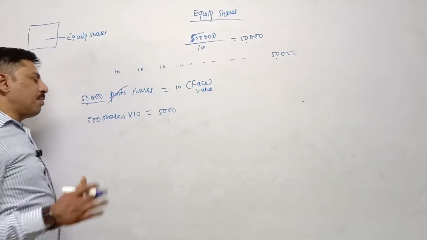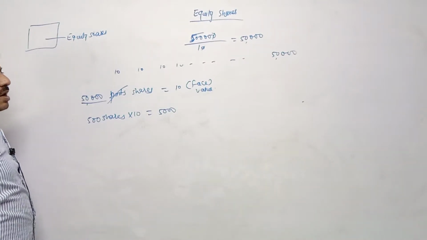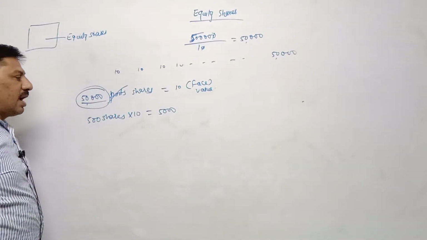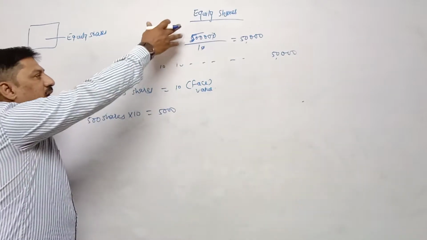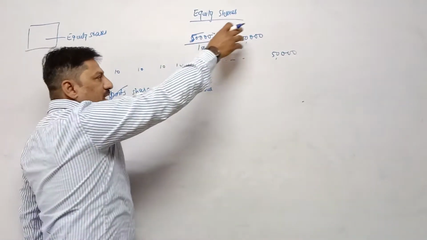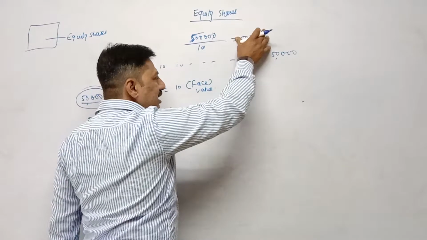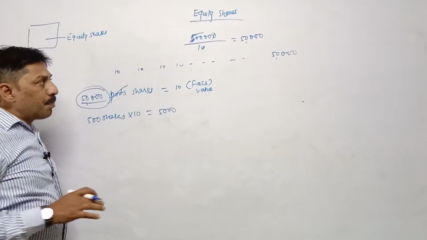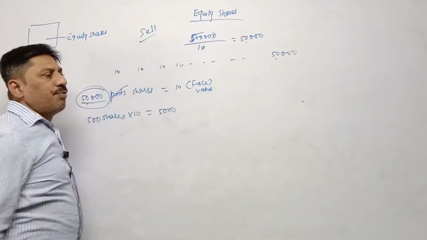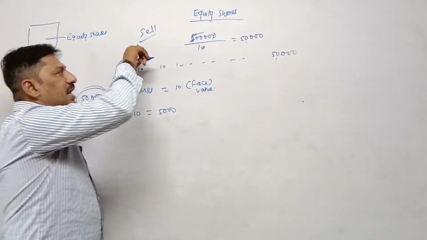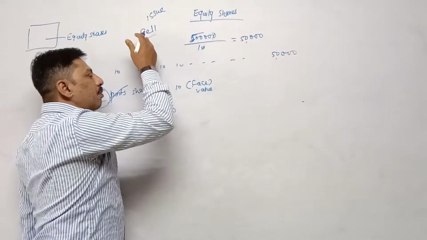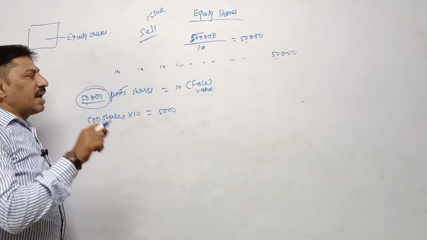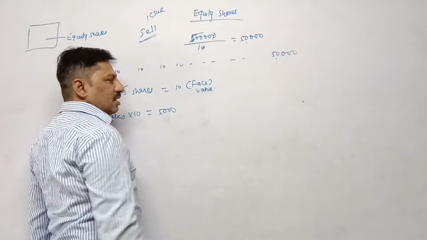In the same way, any person can purchase any number of shares, but in total the company has to sell 50,000 shares. Not more than that can they issue. Here in total they need 5 lakh rupees. They have divided 5 lakh rupees into 50,000 parts, 50,000 shares. Each part is of 10 rupees. That's why in simple language we can say the company can sell 50,000 shares, and technically it is called the company can issue. In common language we can say the company can sell 50,000 shares in the market, or technically we can say the company can issue 50,000 shares in the market.